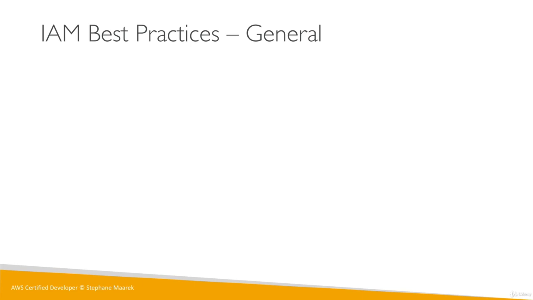So all along this tutorial, I've been really trying to show you how to use IAM correctly. I've been trying to use the best practices, creating IAM roles for new Lambda functions, making sure they only have the rights they need to perform what they need to do. So I want to just summarize the best practices, but I think you should already know pretty much everything. And then we'll see STS very quickly.